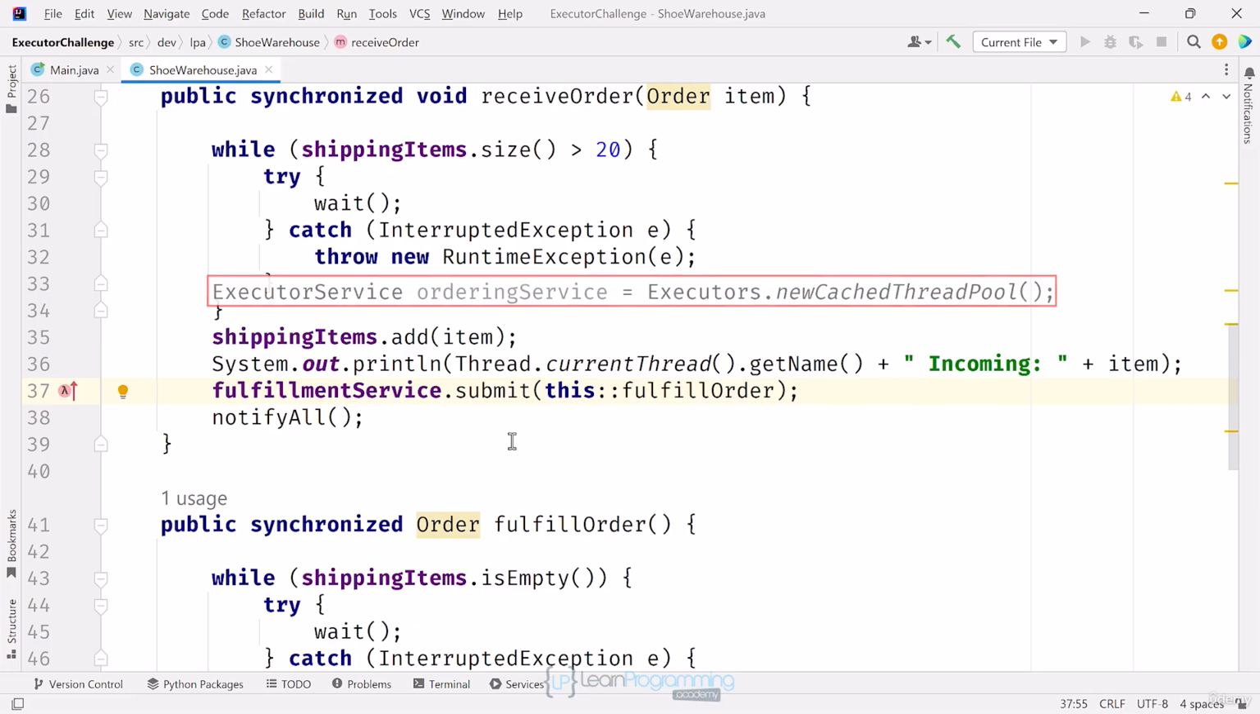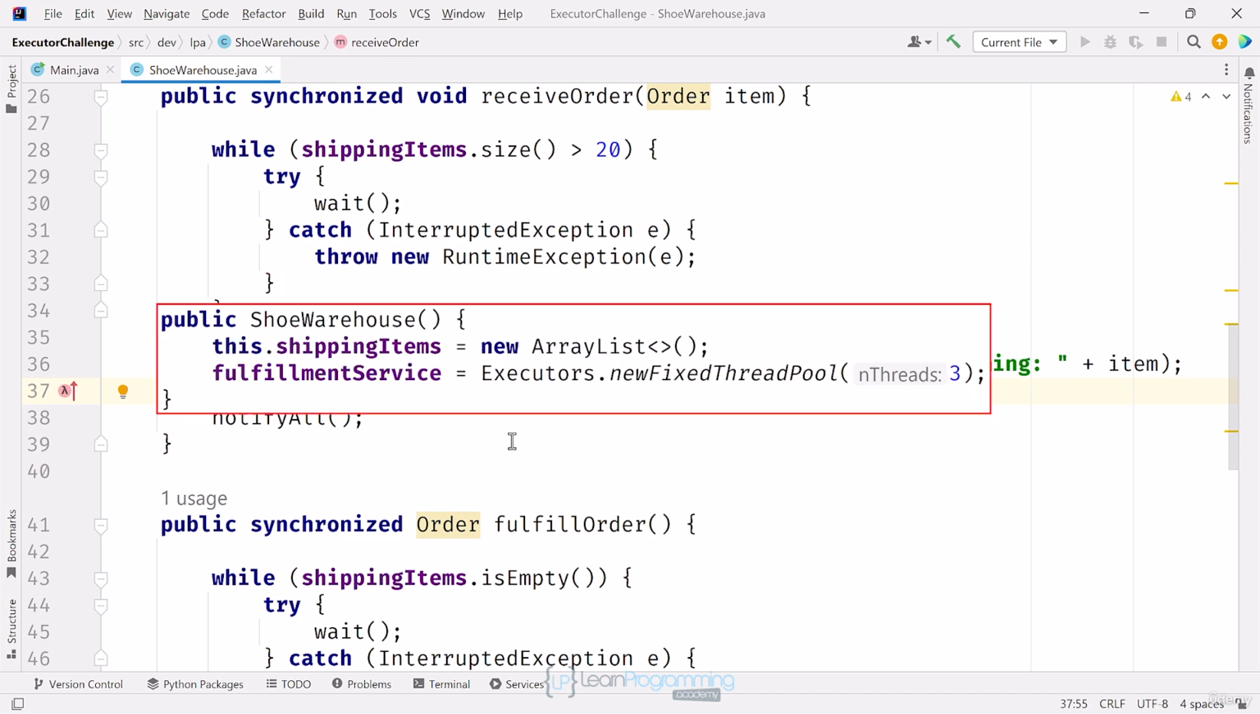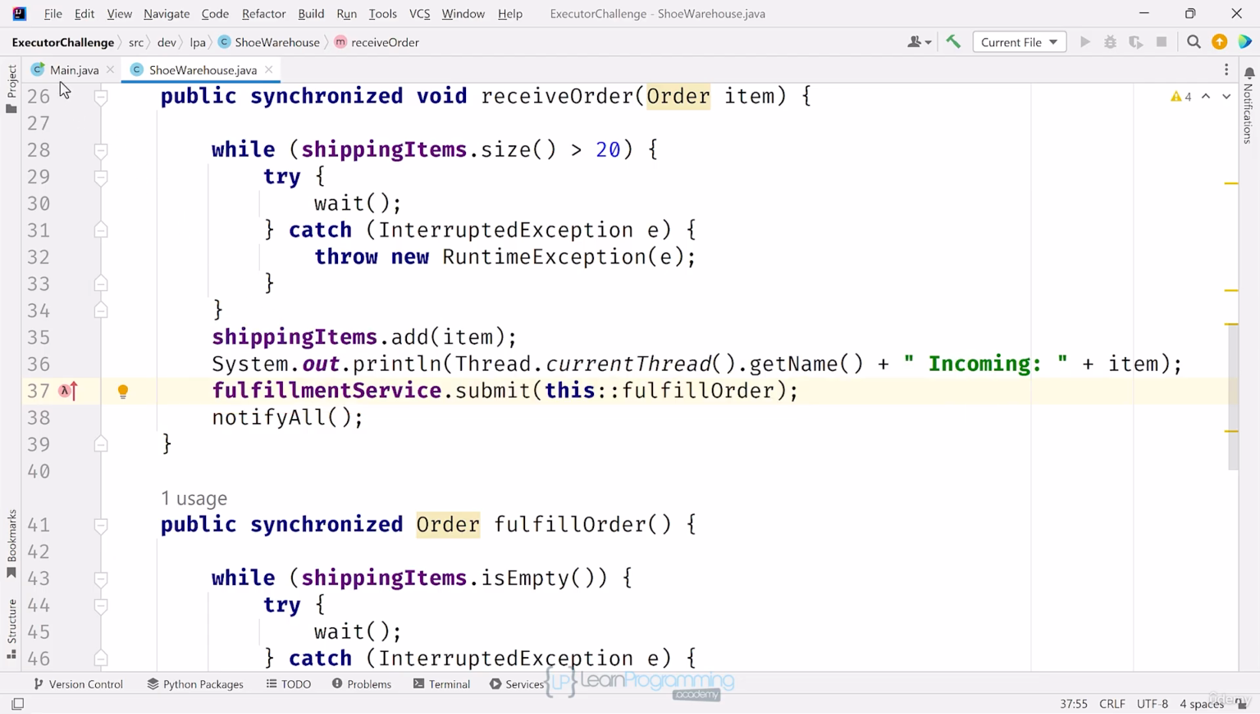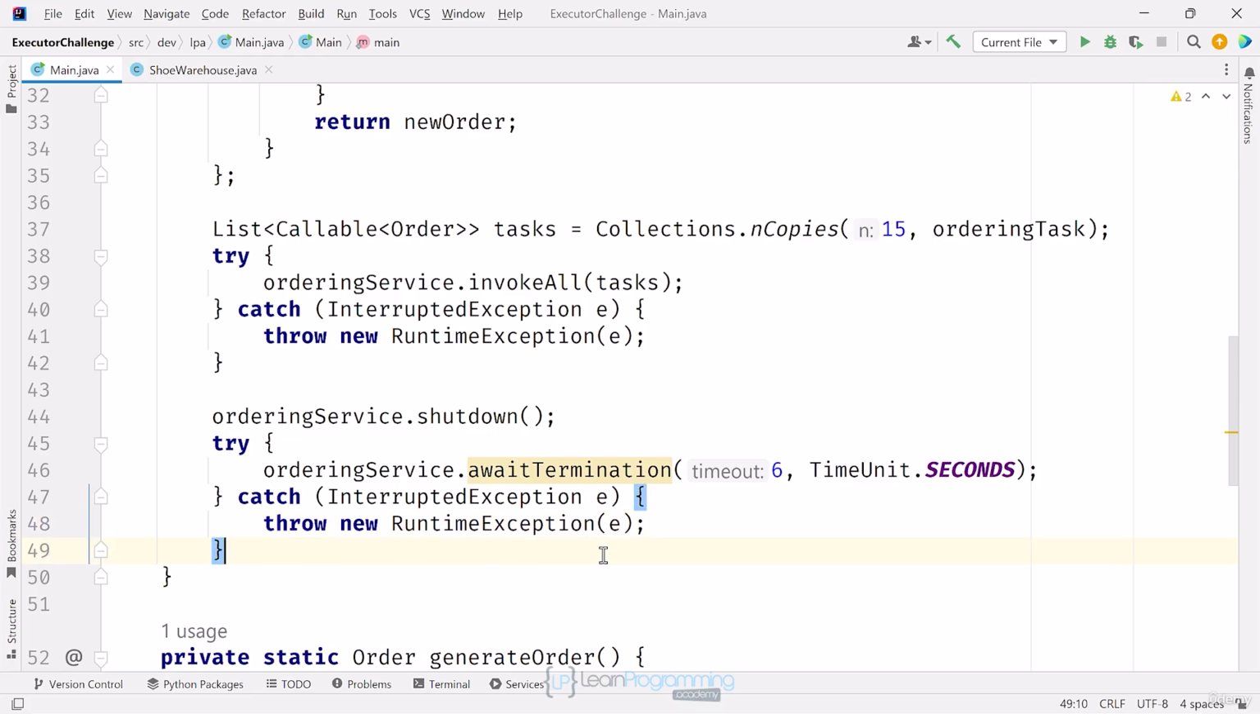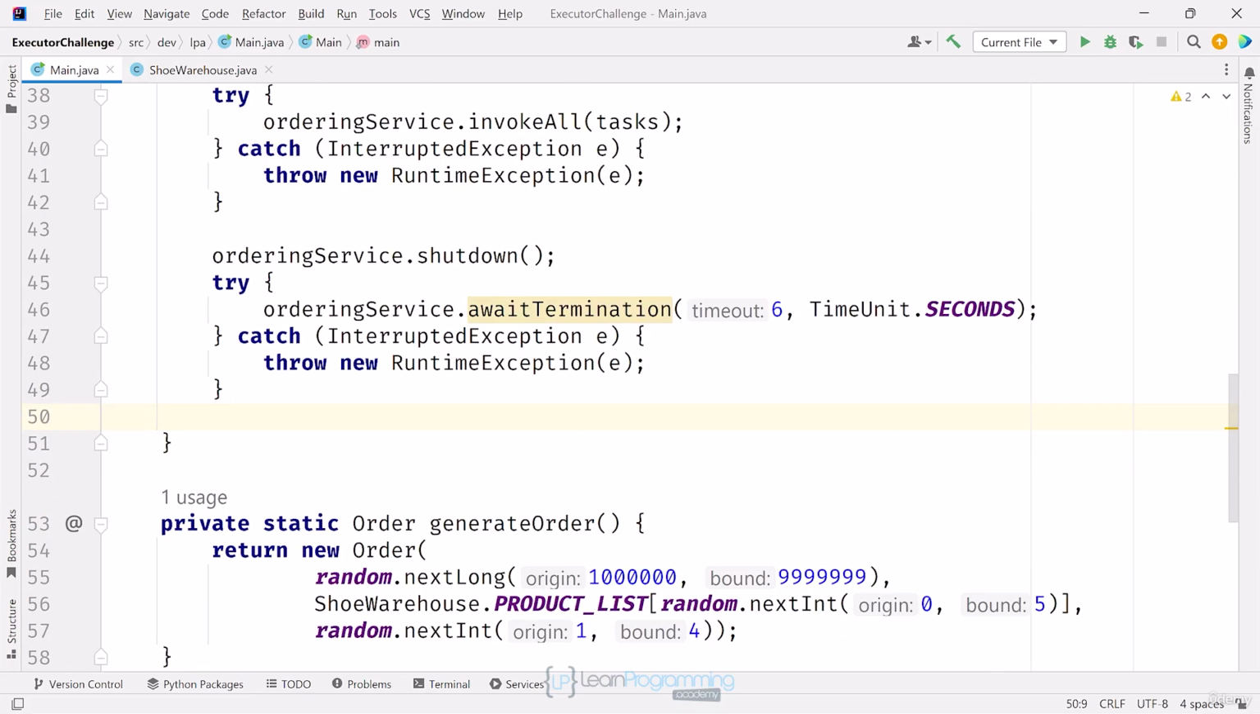In the main method, I've got an ordering service, a cached thread pool that's going to kick off 15 tasks using the invokeAll method. On the warehouse side, I've got a fixed thread pool with 3 threads available to handle the work. Before I run this, I'll add code to the main method. This will shut down the warehouse, which shuts down that thread pool service. If I don't do this, my application code won't shut down. Okay, so now, if I run this,